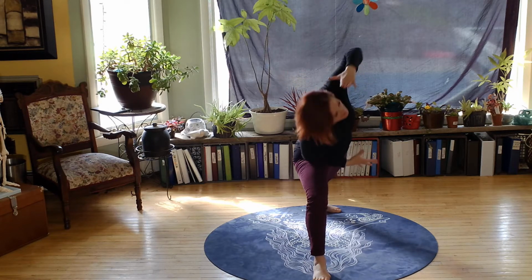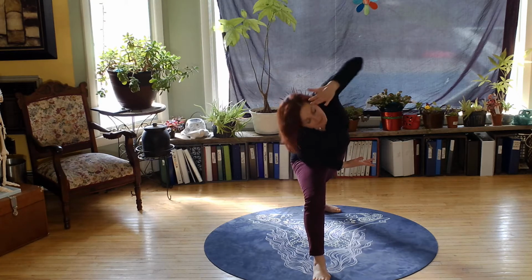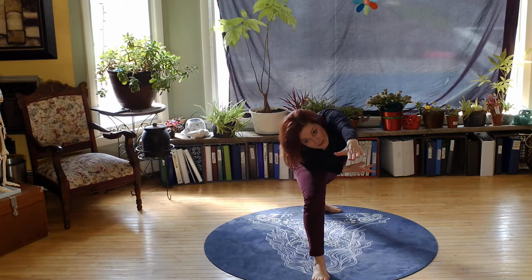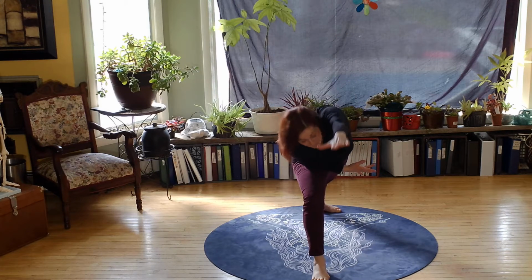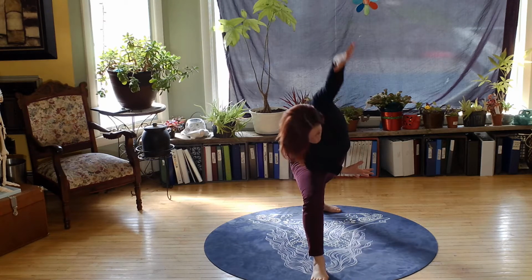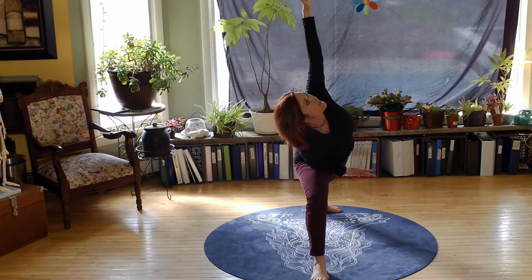Coming through, and we're going to do side stretch. So that forearm is on the right or the left thigh rather, and we're reaching that right arm straight out. This is side stretch level 1. Side stretch level 2, bring the hand to the ceiling and opening the chest. So notice the difference here. My chest is down toward the floor, and when I pop that hand up, my shoulder opens and my chest opens, and then